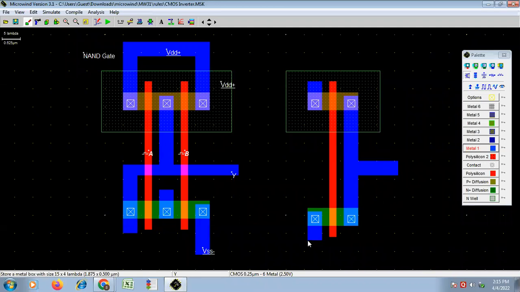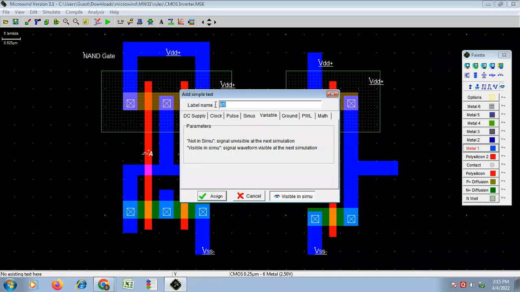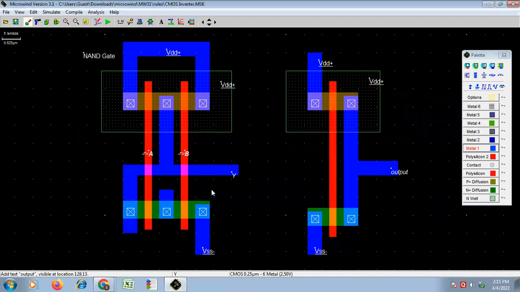Now what else we need to do? Apply VDD here, also to the N well. Apply ground to this. Now here I will give the output sign. Now what I have to do? I have to apply the output of this NAND gate